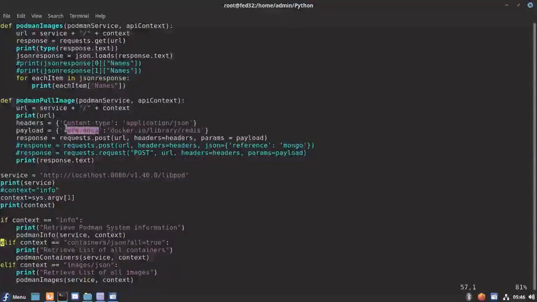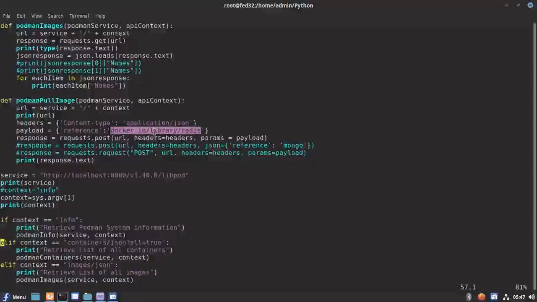Here I am actually hard coding the reference. Reference means the image that we want to download. So this is important. If you want to download or pull any other image, you can directly provide that name here, or you can pass this also as an argument to the function, so that there is no need of hard coding the image in the application.